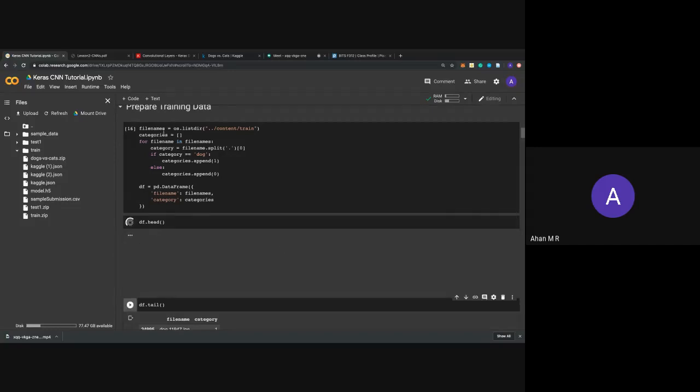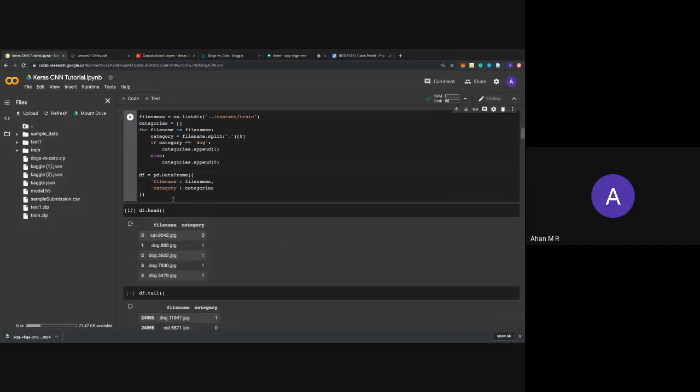This function here basically does the same. If you see, it creates a data frame for you. You can always change the name directly. I particularly use this function because it's much simpler and it reduces a lot of code.